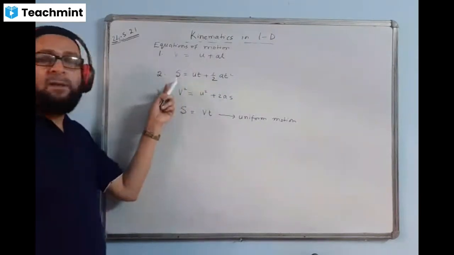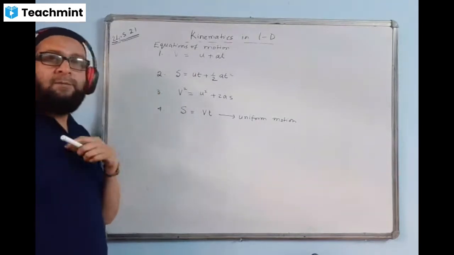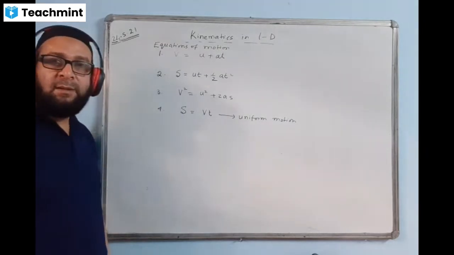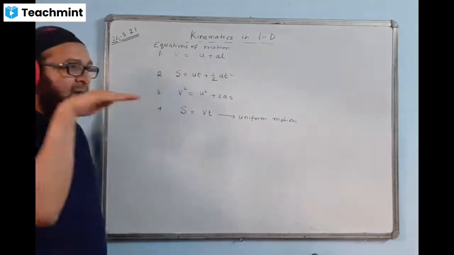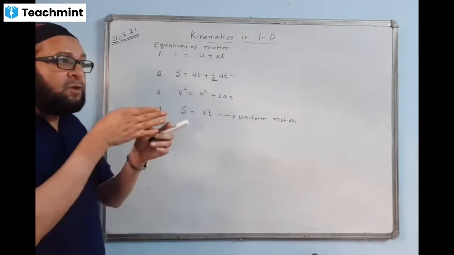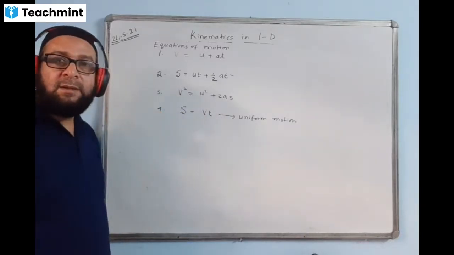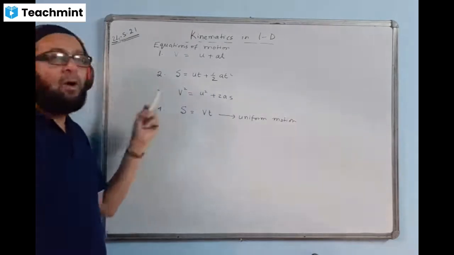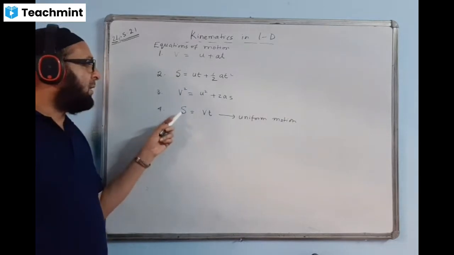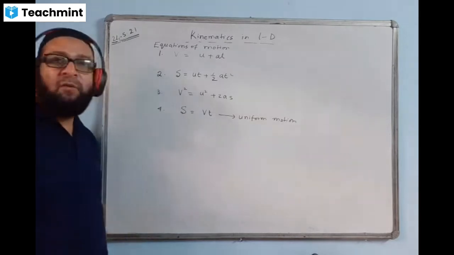Very good. What is S? S is distance or displacement. Actually, it is displacement, but in this case, in a straight line path, distance and displacement will be the same because the body's direction of motion does not change. So we can take this as distance or displacement. It is the same thing. This equation, distance is equal to velocity into time, or speed into time, is only used for uniform motion.